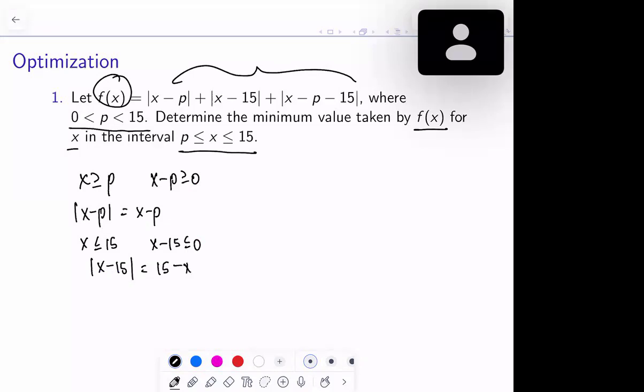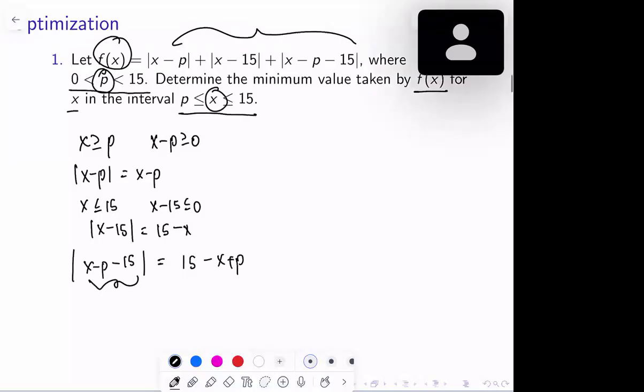And then we see that because p is strictly between 0 and 15, and x is between p and 15 inclusive, x minus p minus 15 should be strictly less than 0, so the absolute value of that is the opposite of this. So we get 15 minus x plus p. Then we can write our expression for f of x as x minus p plus 15 minus x plus